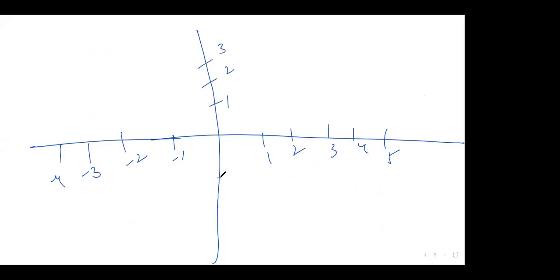Again 1, 2, 3, -1, -2, -3. So I can say this is the point (2, 3). See the difference between before we divided the plane and after we divided the plane. We are in a position where we can locate any point, we can address any point without any struggle. So to locate a point, to address a certain thing, the first important point is we have to divide the entire plane